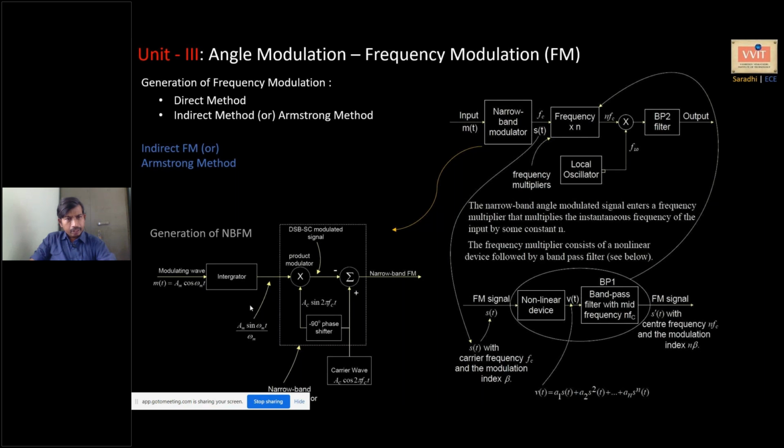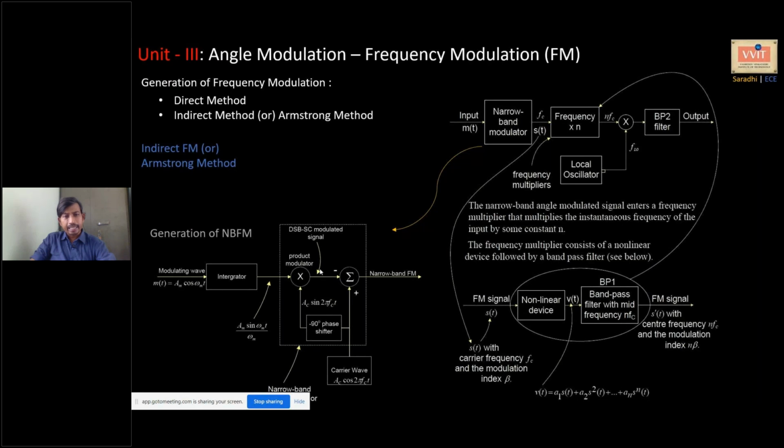And then over here you are having cosine as the message signal. When you pass it through the integrator, that converts into sinusoidal, and this carrier is also cosine. When you do a minus 90 degrees phase shift, that also turns into sinusoidal. So two sine signals you are multiplying, sine omega mt and sine 2 pi fct, multiplying together. So you are getting here sine 2 pi fct into sine 2 pi fmt, with some multiplication constants.